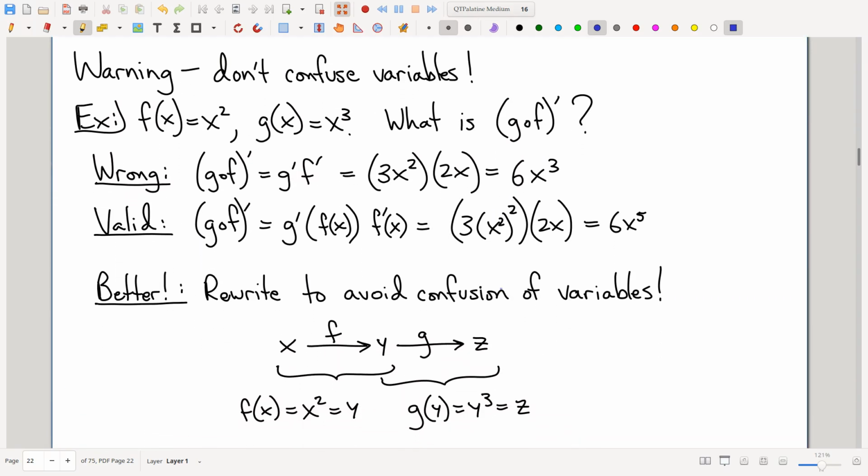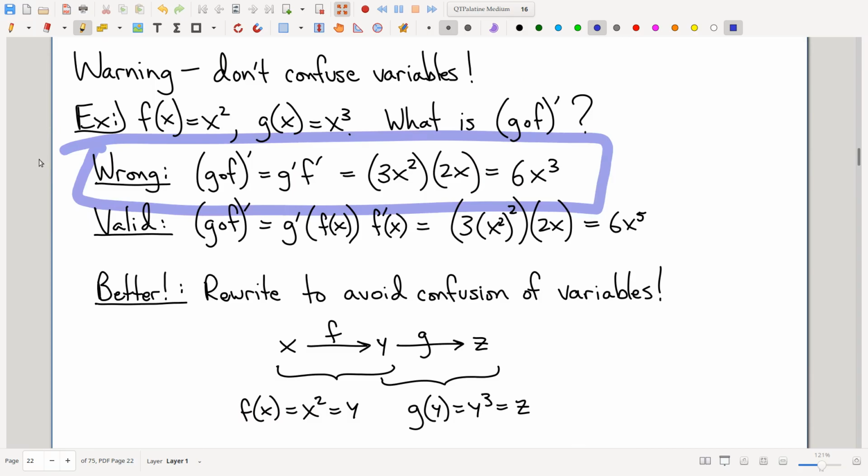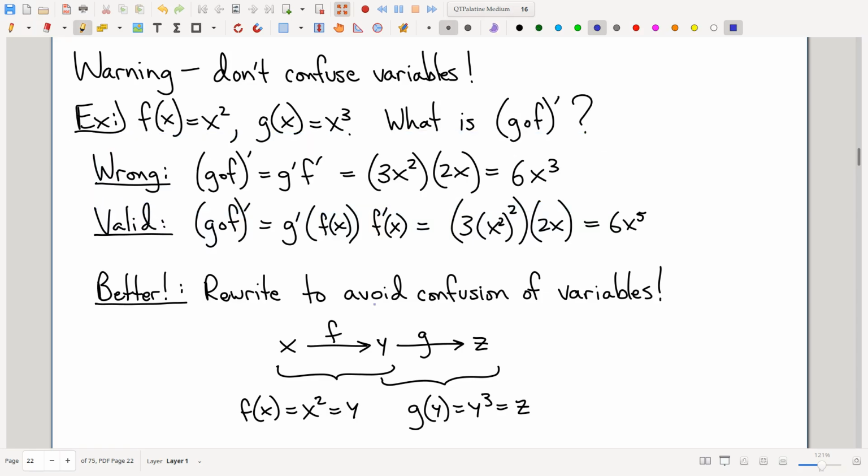Okay, real quick, don't confuse your variables. It's super easy to do. This single variable calculus example here, I'm sure you all can at a glance look at and see what's wrong with this analysis. The problem is I didn't evaluate g prime